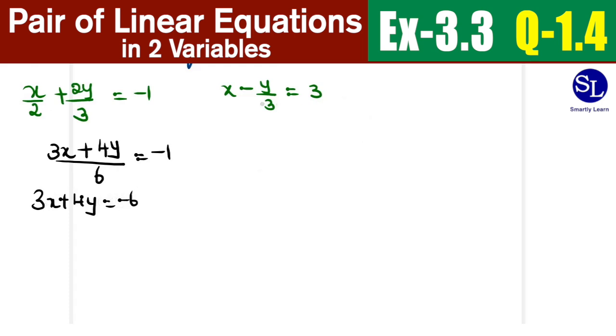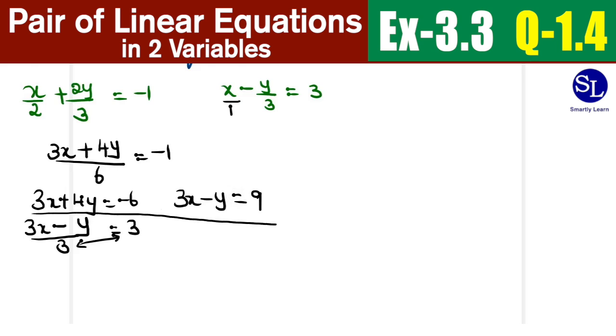Now for this equation, treat this as 1. So take the LCM. So 3x minus y by 3 is equal to 1. That's what you would have got here. So by 3 is equal to 3. Now you do a cross multiplication and take it over there. So 3x minus y is equal to 9.